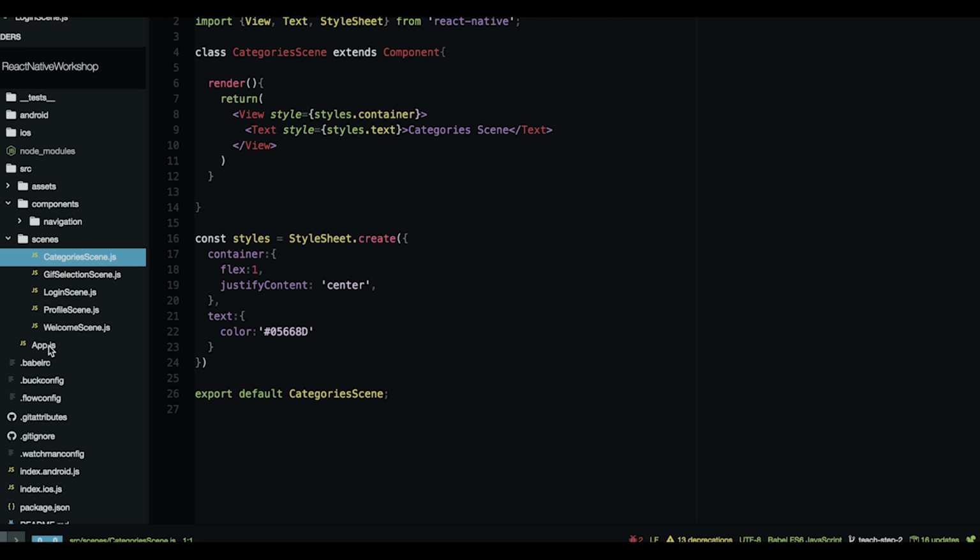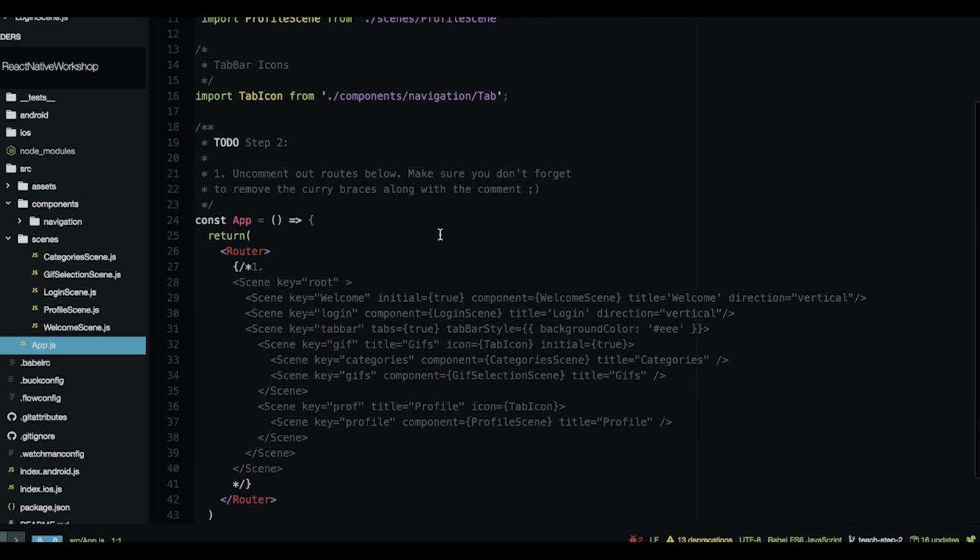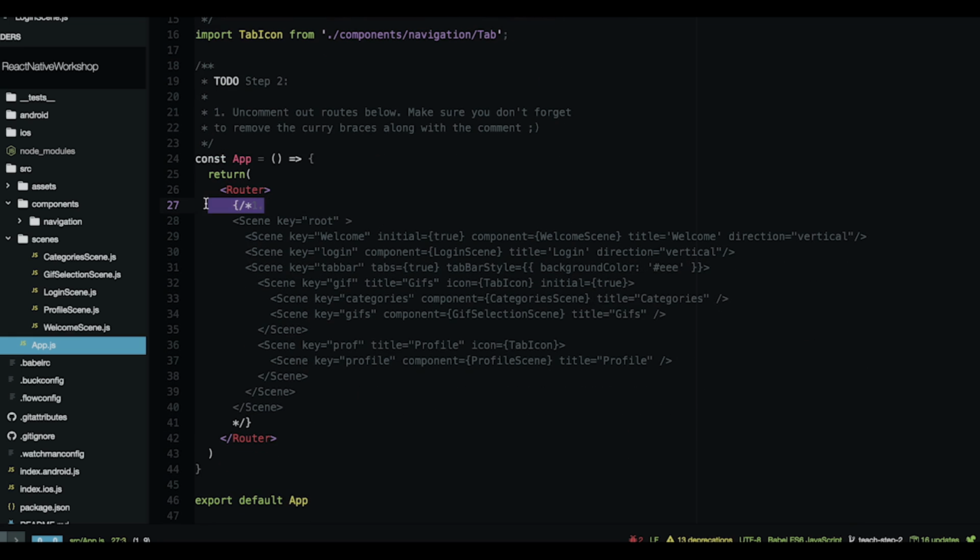The next thing we want to go into is our app.js file. You'll notice up here that we're importing different things from React Native Router Flux. We chose to use a third-party router because React Native navigation isn't fully finished, I would say, and it's a little more complicated to understand. So we chose this one because it's pretty simple and very straightforward. We're going to import all those scenes that we created,